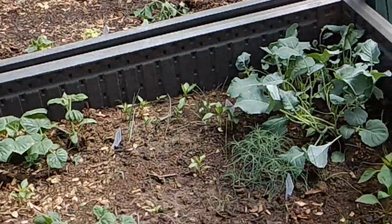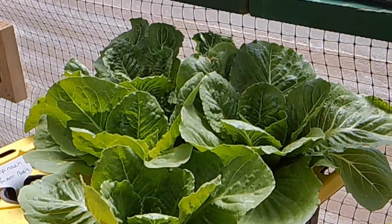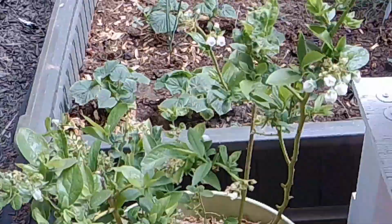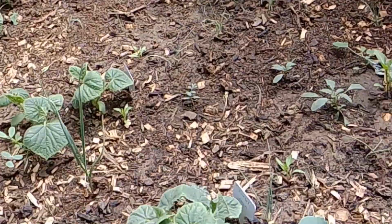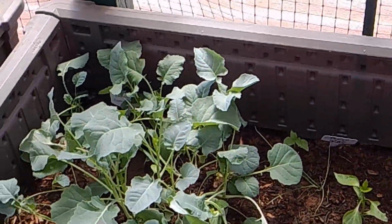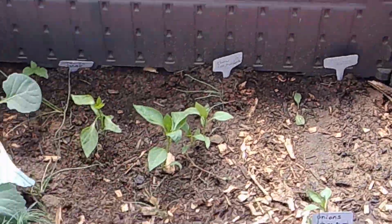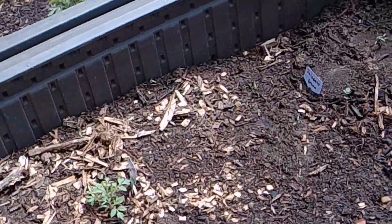So as you can see, I have a lot growing in my greenhouse. I have a hydroponic system over here, which I'm going to do a video on later. But as you can see, I have lettuce blooming here. I have my blueberry bush here. And I still have my 3 garden beds, but now I have a lot of stuff growing in them. So I have my broccoli over there, and in this one I have cucumbers, pickling cucumbers, and onions, all different types of onions. Over here I have cucumbers and tomatoes,